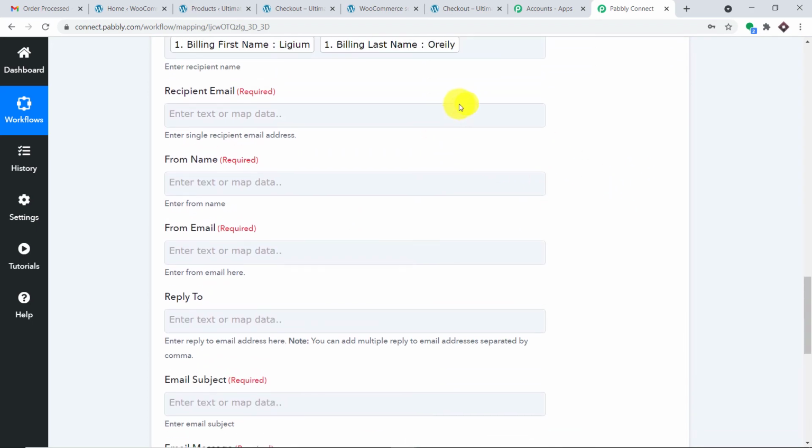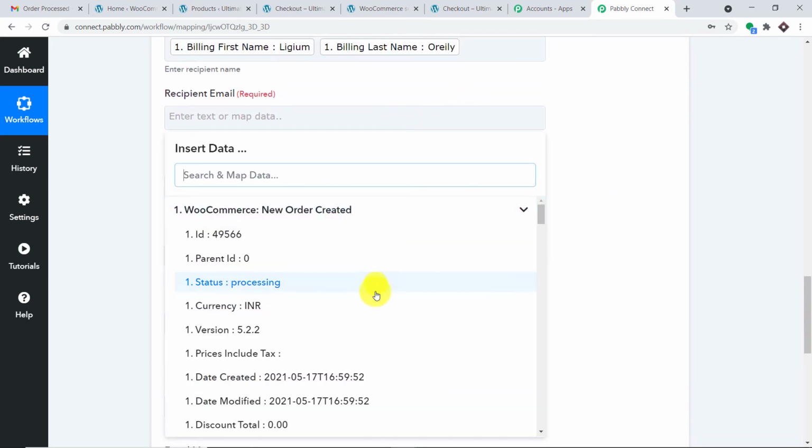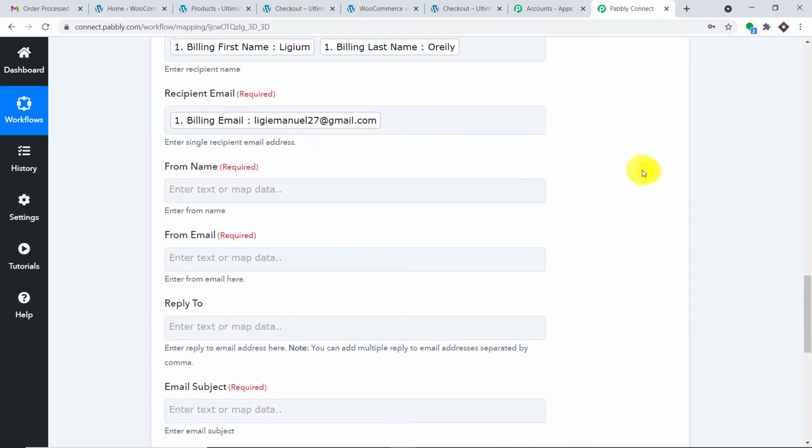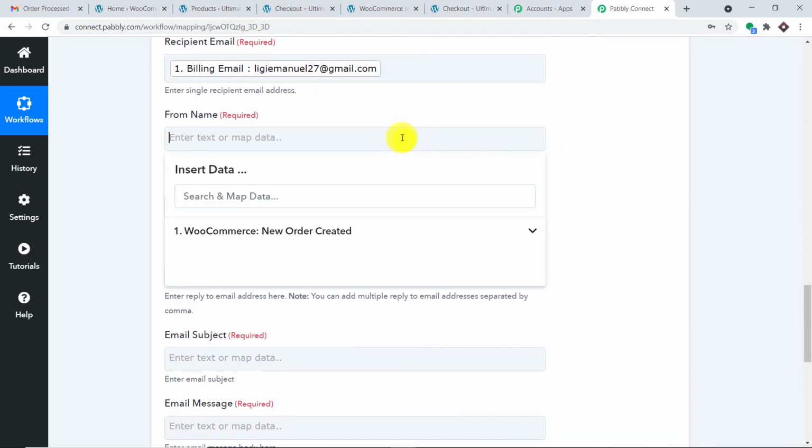Then we have the recipient email. So this is the recipient email. So let me just scroll down. Okay, yeah. So this is the recipient email. From name, that's basically my name. So this is from my store, so around WooCommerce store. Okay, so this is how it is. And the name of the profile, the name of the site, is actually BitVault, so the user will understand it better.